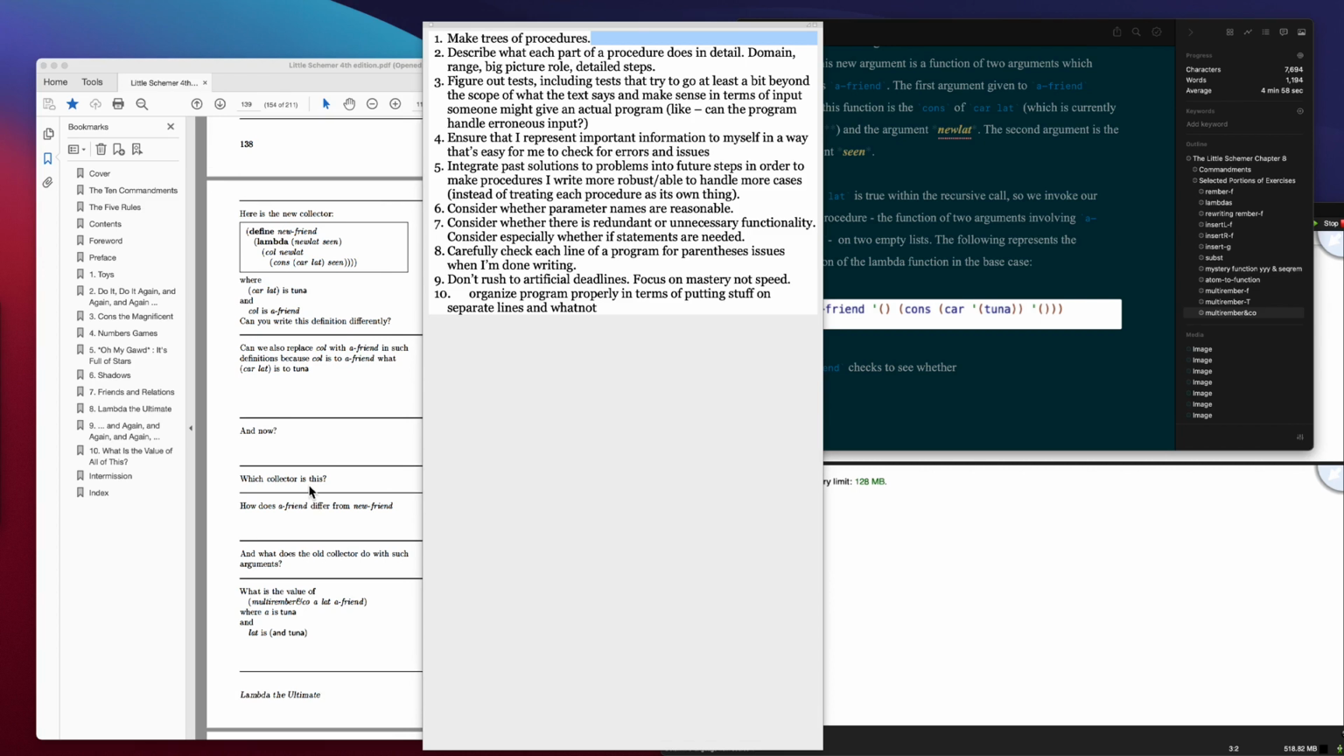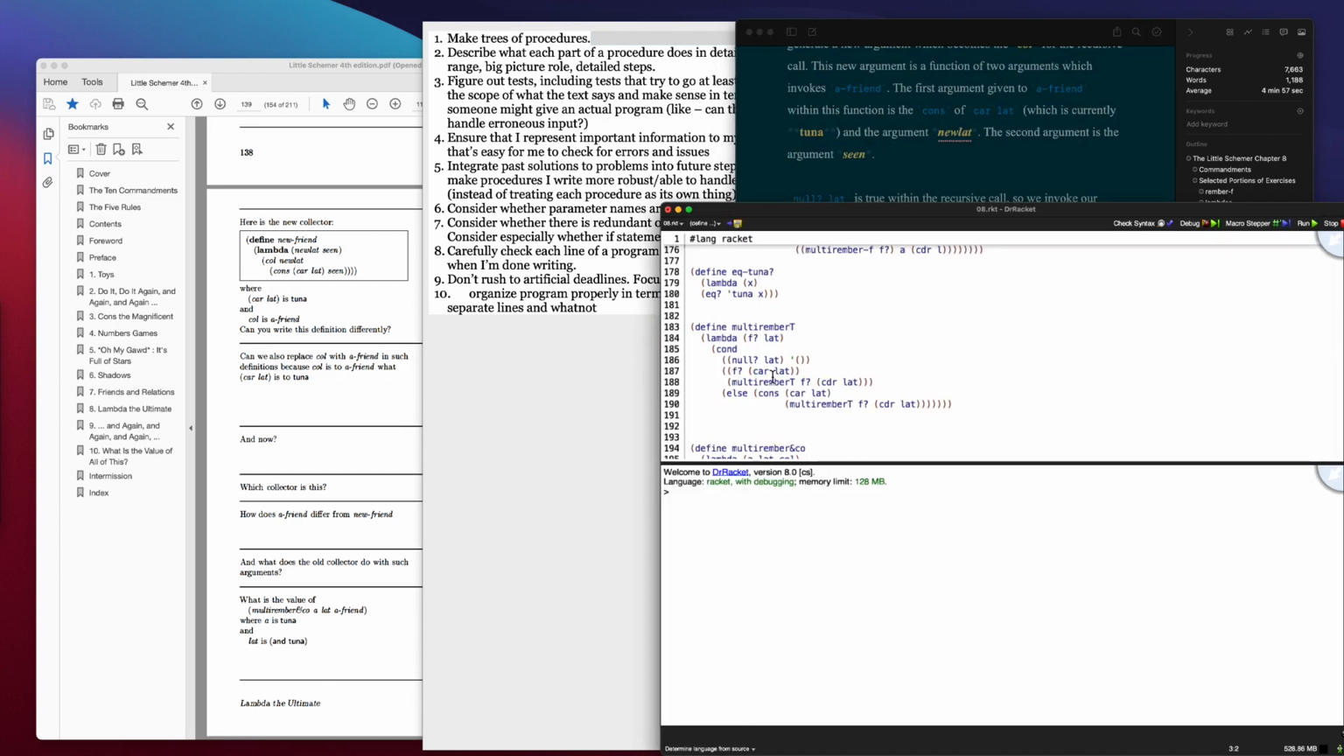Where a is tuna, and lat is (and tuna). Oh, and a-friend again. So (and tuna) is not null. So we see whether equal? 'and, or rather whether the first element of the list, which is and, is equal to tuna. It's not, so then we go to the else. We invoke multirember&co with tuna, and with the list (tuna), and a procedure which conses and onto,